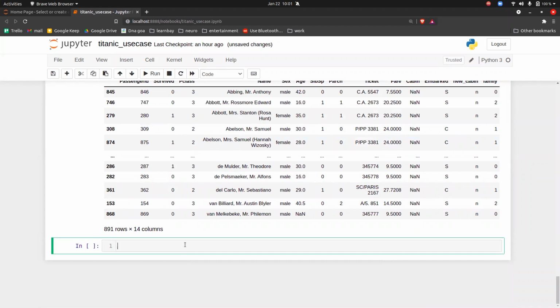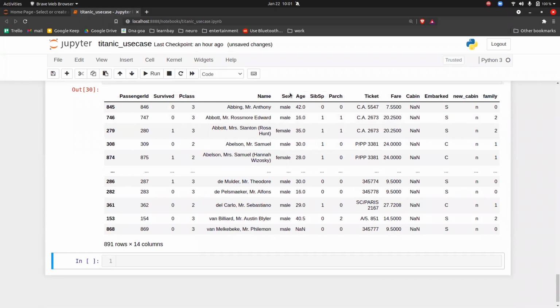Basically, the third thing. Now we have a sex column that is male and female, right?